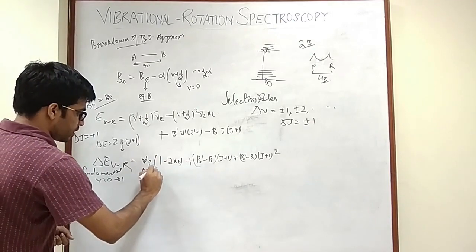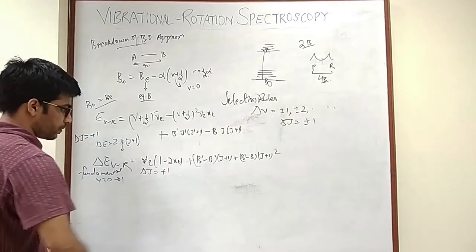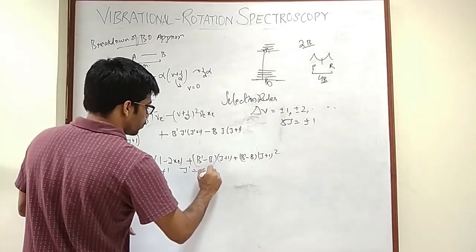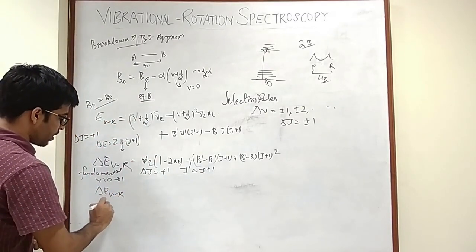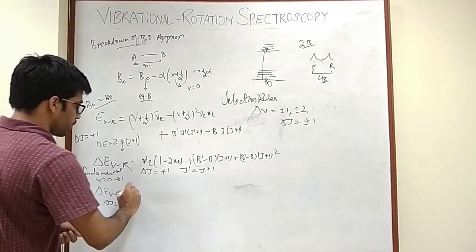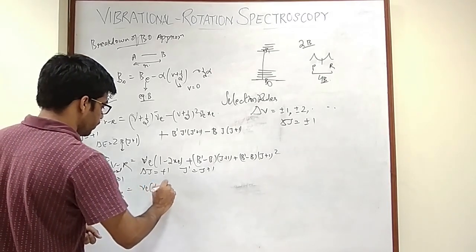In this case, I am considering delta J equals plus 1. That means J dash equals J plus 1. The other way around can also be written, wherein delta J equals minus 1. The formula simply will be